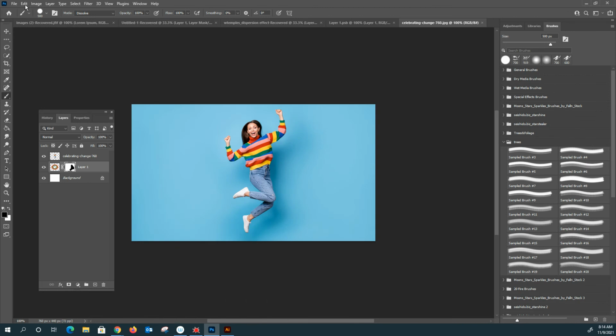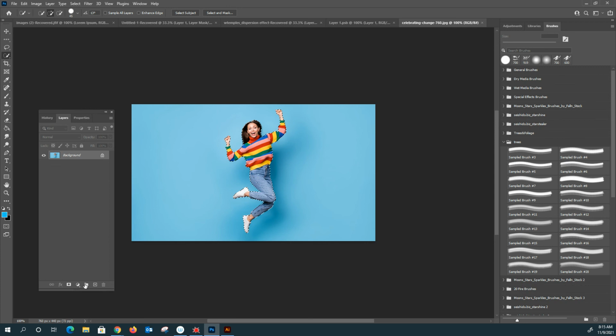Let's see. All right, so I need to mask out the background. So I'm going to go ahead and use my selection tool. This works well with an image that is on a nice clean background, so make sure that that is done. So I'm just going to hit select subject, and Photoshop has the ability to select pixels of your subject only. This usually does a pretty good job. Sometimes you might have to come in here and clean it up a little bit, but this one actually did